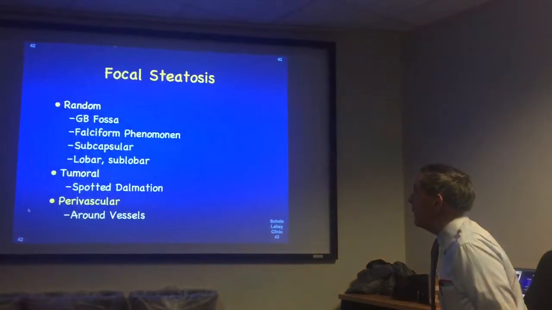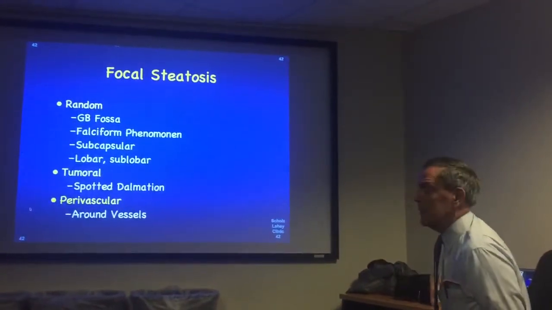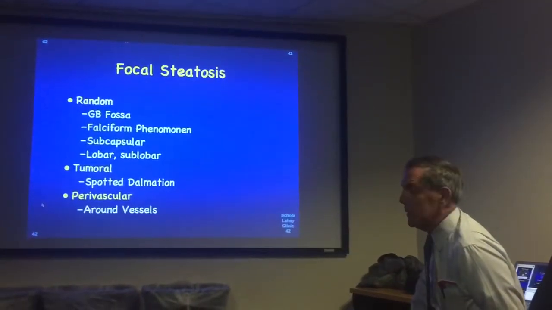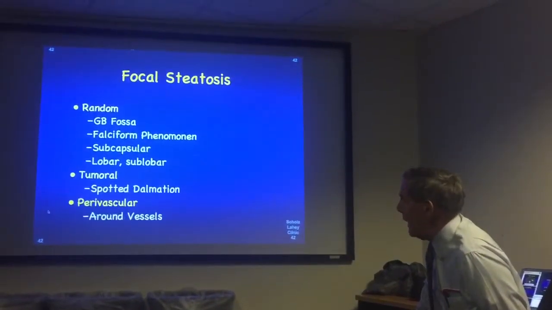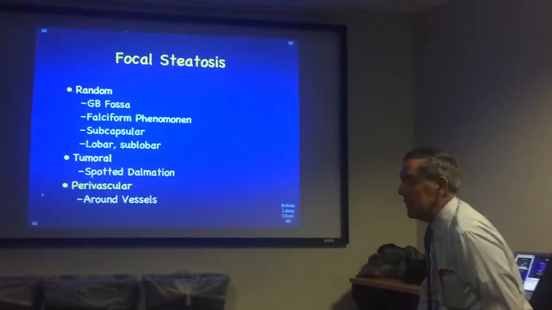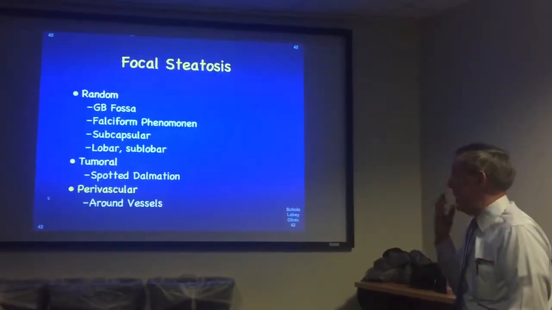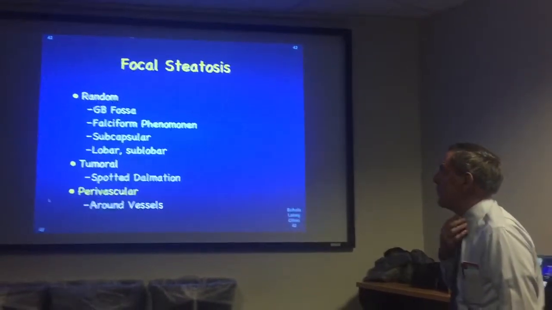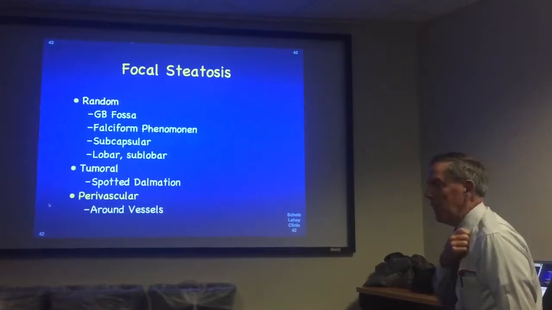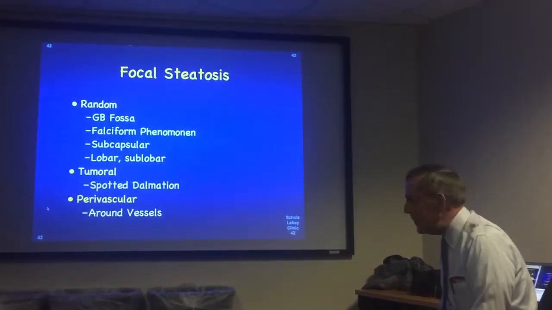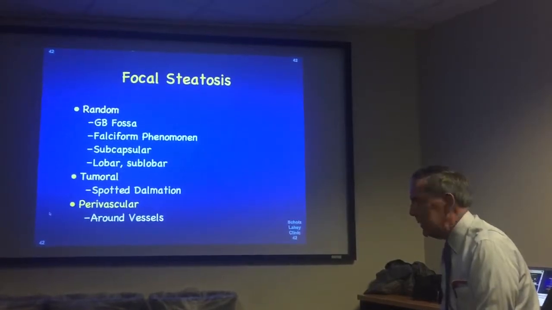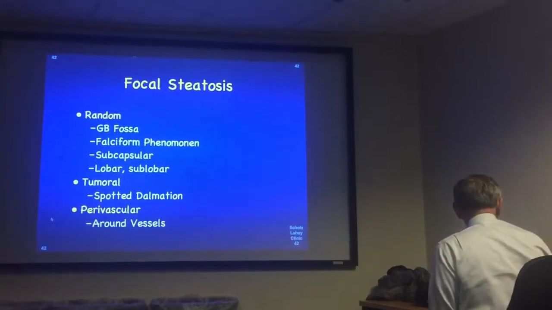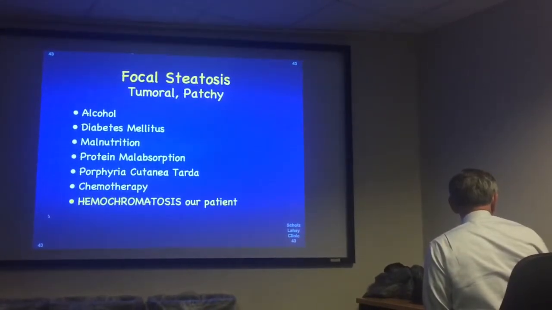Okay. Focal steatosis. It can be, as we know, random around the gallbladder fossa with sparing. Falciform phenomenon, you know about that. Subcapsular, always change level in windows, and you'll see the capsule, it can be spared. And it can be lobar, sublobar, wedge-shaped. And then there's, I call it the spotted Dalmatian, or the leopard spots, the tumoral. And then there's another form, perivascular. And they all have etiologies,